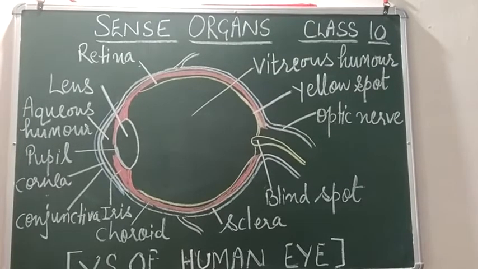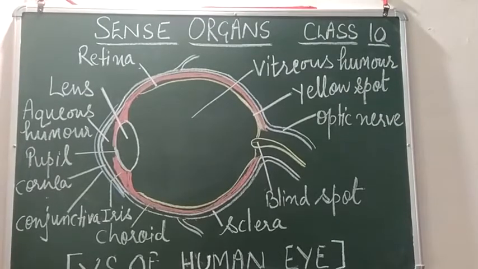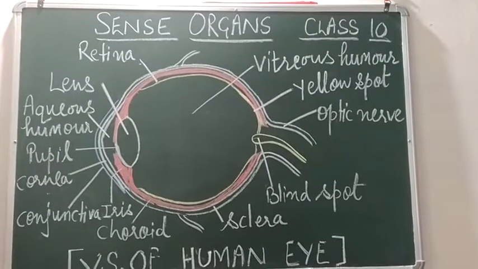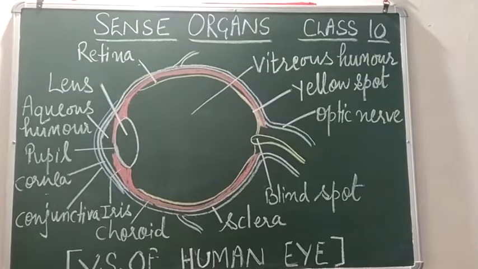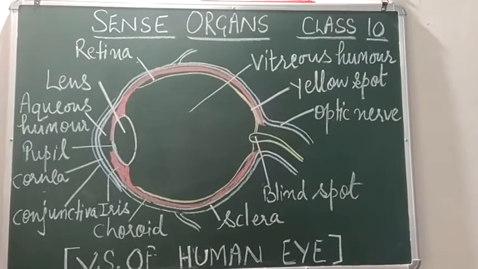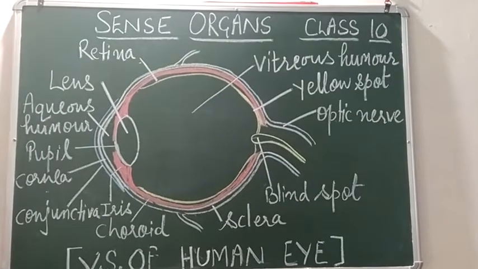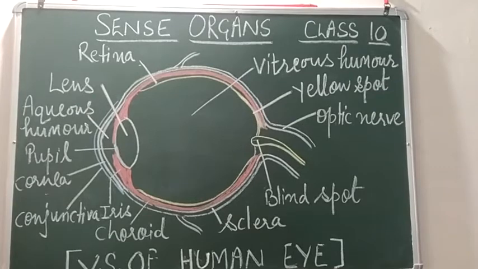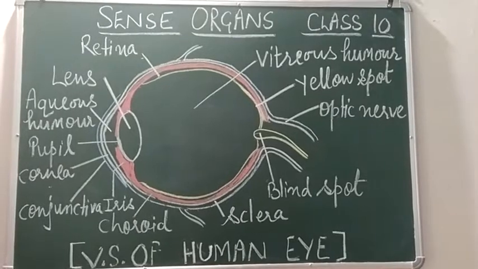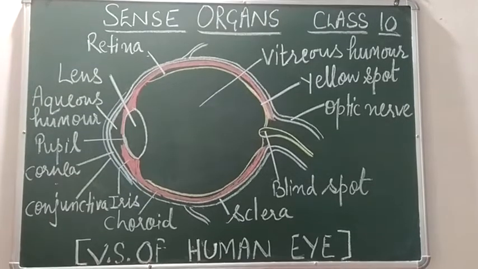These lacrimal glands are located at the upper sideward position of the orbit. That means on the inner side of the eyelids there are lacrimal glands or tear glands. These tear glands produce tears, and these tears serve as lubricant. Another function of tear is that in case any dust particle happens to get into the eyes, it will be washed away. And third, these tears contain an enzyme called lysozyme which kills the germs.